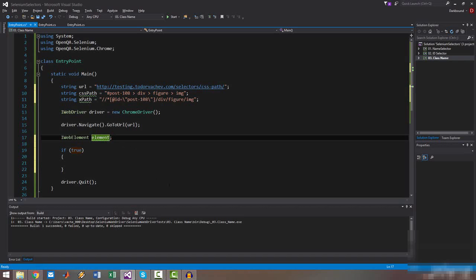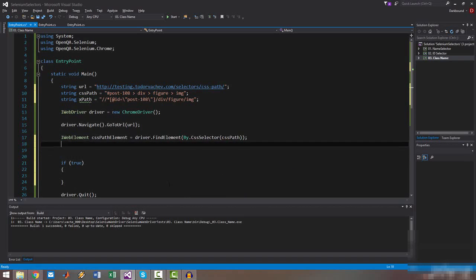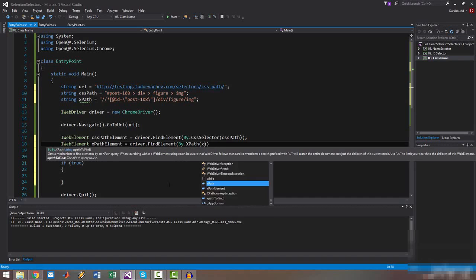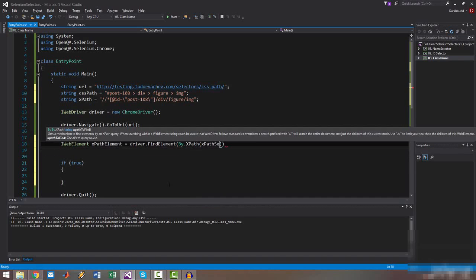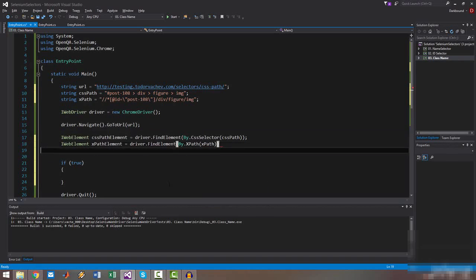So let's call this CSS Path element, driver find element by CSS Selector, and here we say CSS Path, and let's create our XPath element. XPath element, driver find element by XPath, and XPath selector. Oops, it's only XPath. Alright,